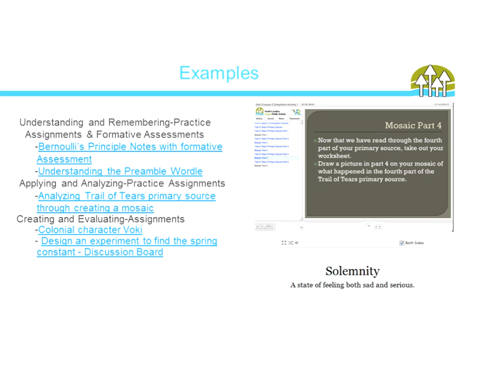And then the very top would be creating and evaluating. I have two different examples here. The first one is a colonial character Voki. I don't know if anyone in here is familiar. I know my other NCVPS people are, but if anybody's familiar with a Voki, they're really neat. It's a website that has a teacher version, but there's also a free version. I use the free version, where you can create characters and backgrounds, and you can give them voices and say what they're going to say.